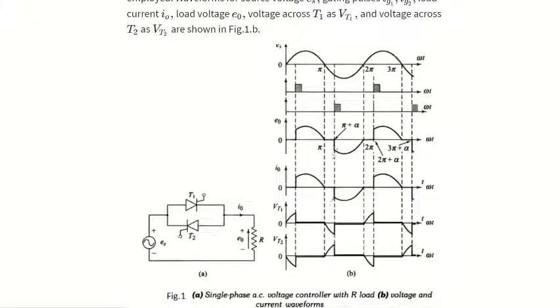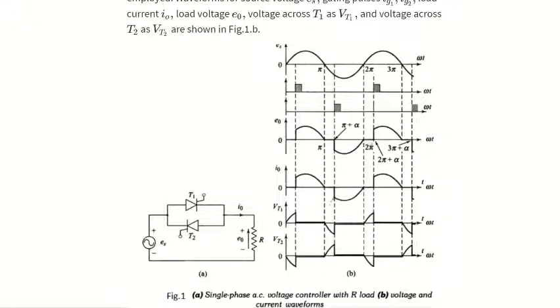So when it turns on, it is conducting. That means again, it is acting as a switch and it closes the circuit. So the input appears across the load, right? In the negative half cycle where input is negative, you can see the output across the load is shown here in the negative half cycle.